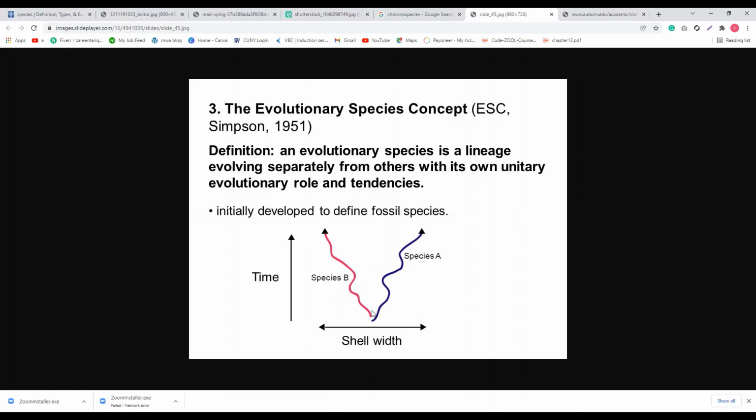Moreover, this explains that morphotypes have different unitary evolutionary roles. What are the unitary roles, and should they be considered different species, or do they all have the same unitary evolutionary role and should thus be treated as a chronospecies? So what is a chronospecies? A chronospecies is described